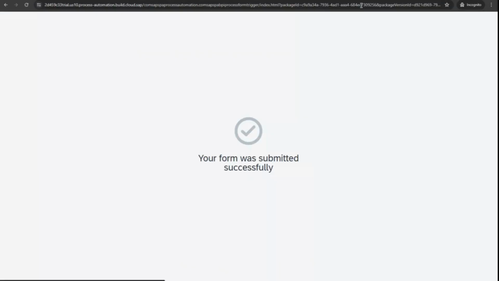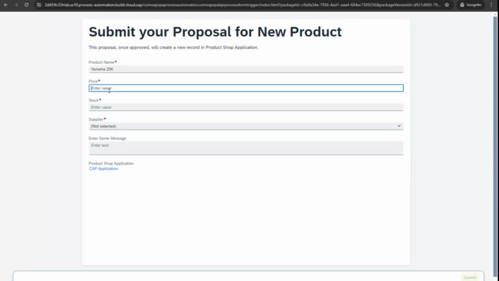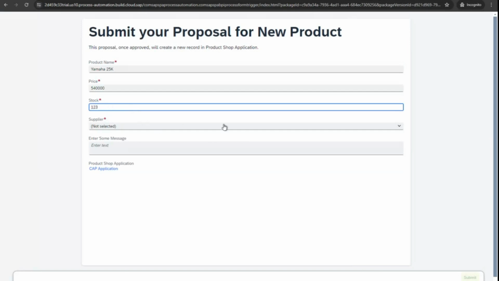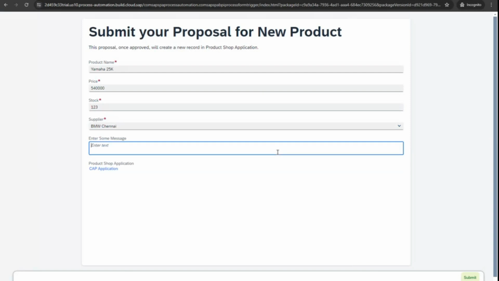Now I'm going to go via another process. I'm going to go to Yamaha 250K, price is whatever is there, stock 1215, supplier BMW Chennai, enter, please do the approval. Now this person will be thinking that I'm the supplier BMW, I have to approve it. Somebody has to approve my product. He submitted it. Now tell me,